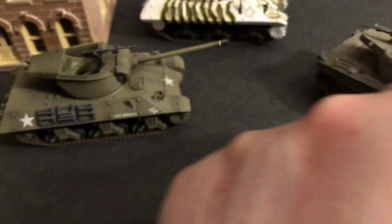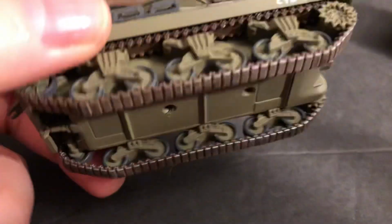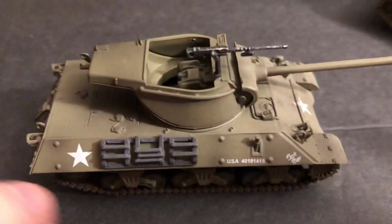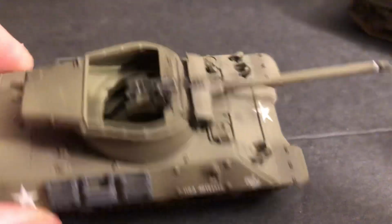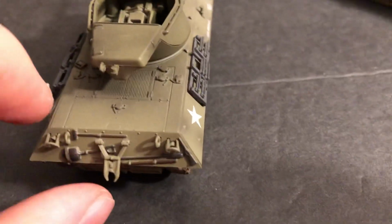Nice. And then this one is a pre-made die-cast and plastic. I believe it's Hobby Master. They're always expensive to get. There's little track things on there. Little name on there. What's it called? Pork Chop. Of course, when they sell these, they never come with a crew. It's got the